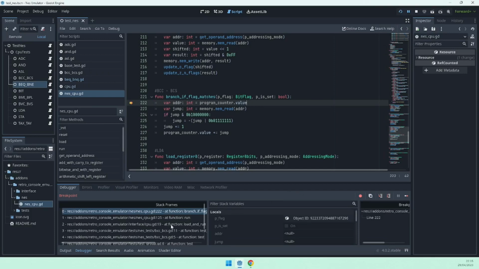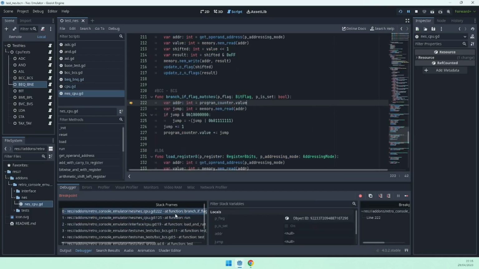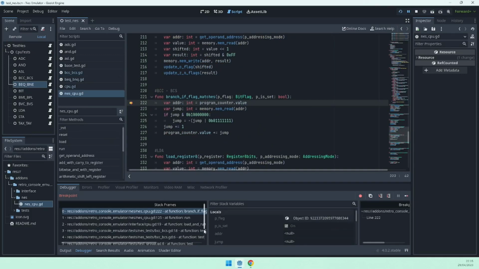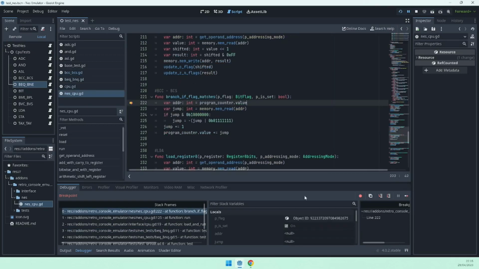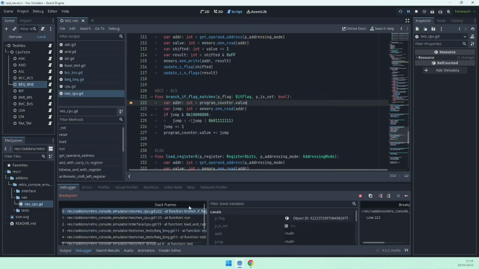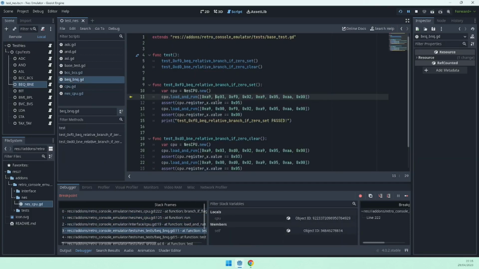So are we in the function that we are meant to be? This is branch if carry clear. This is not the test. And this is branch if carry set. This is not the test. And now we are in branch equals. So we are in the code that we want to test,